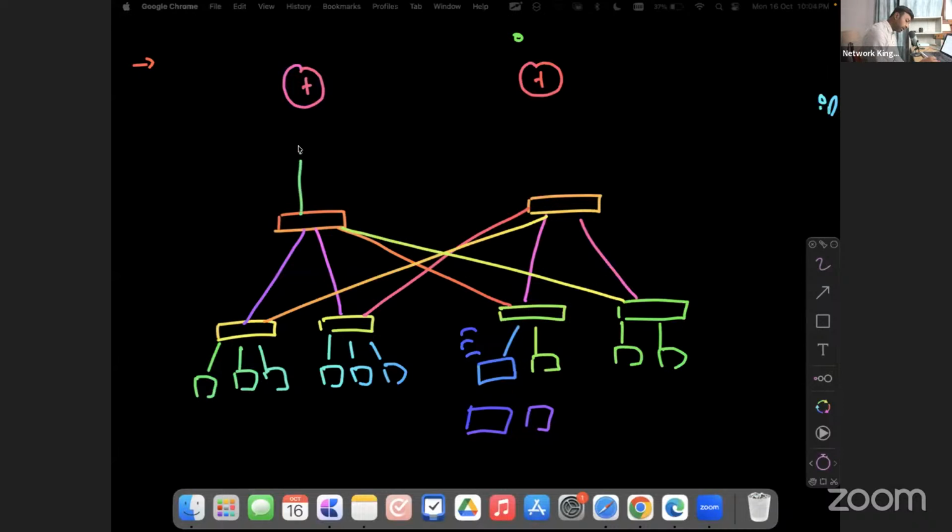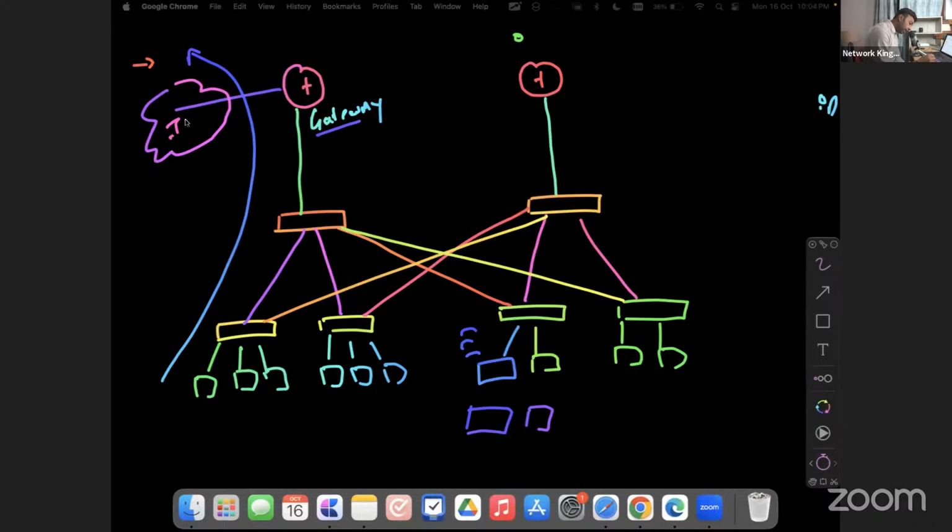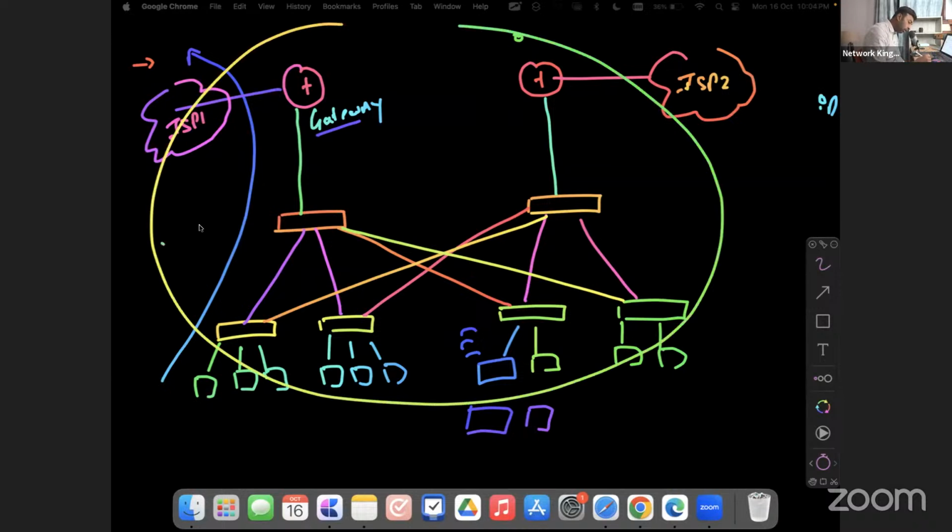And these switches are then connected to routers. This router we call a gateway also. Routers are called a gateway because you are going outside your network. That's why we call it a gateway, the way to go outside. Now this router will be connected with ISP, like ISP1, and this will be connected with ISP2. What is ISP? Internet Service Provider. After half of the batch, you will be able to do this lab without any support,